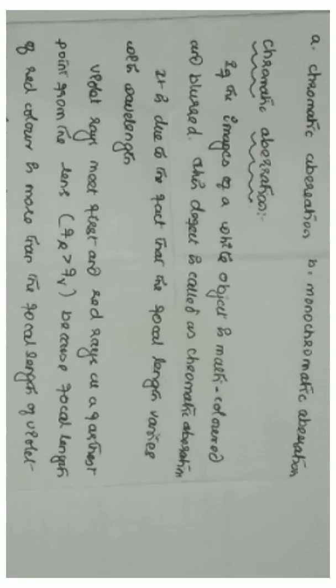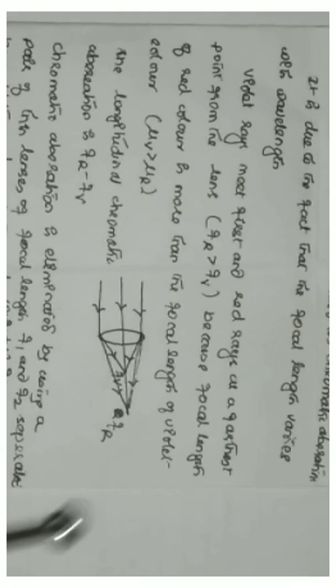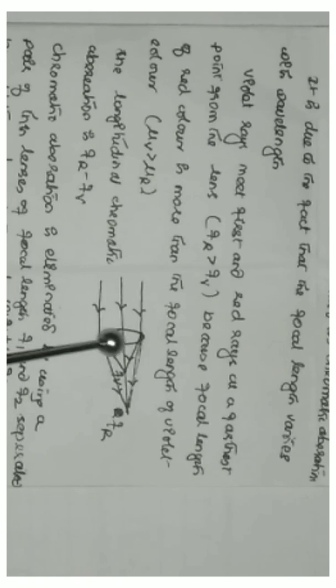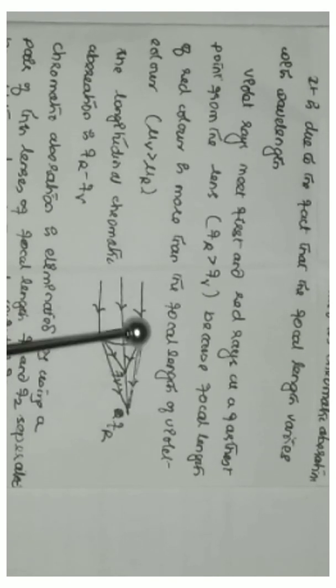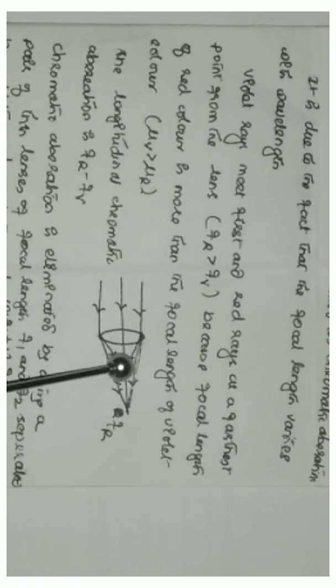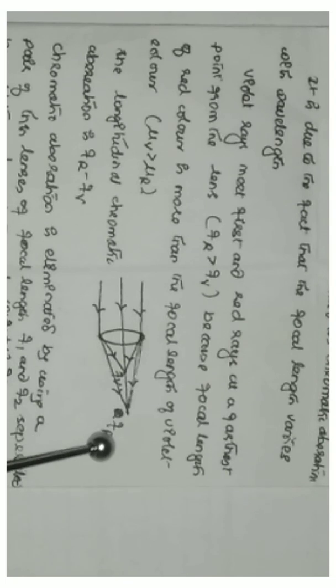Now to understand this, let us consider a lens here. When we allow this ray of light to be incident, we observe that the rays are formed here, and these are the marginal rays. These marginal rays will meet at a point which forms the focal length of the violet color, whereas the paraxial rays meet at the farthest point from the lens, which forms the focal length of the red color. In other words, the red color forms at the farthest point from the lens and the violet forms nearer to the lens.